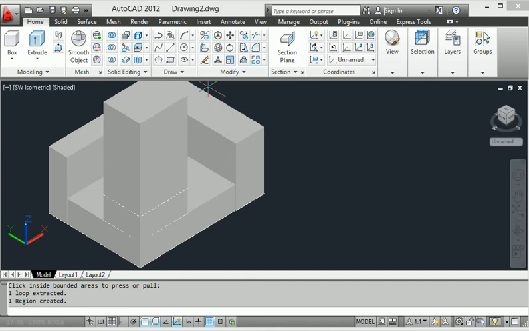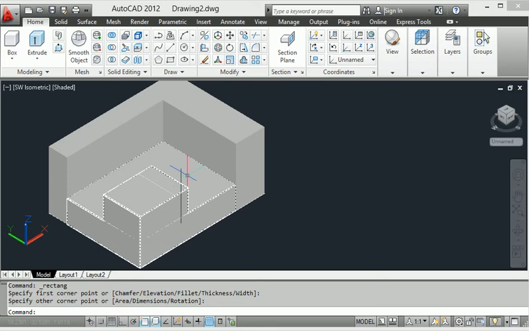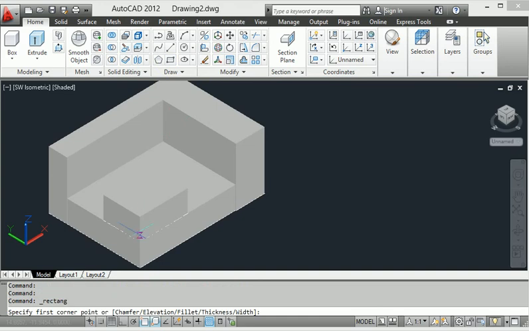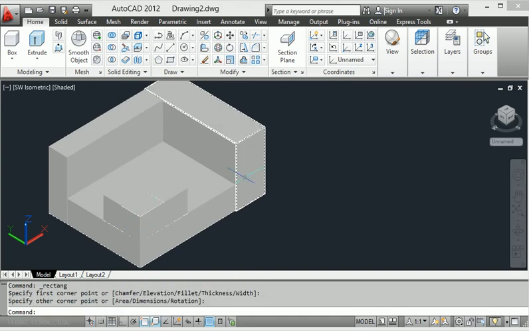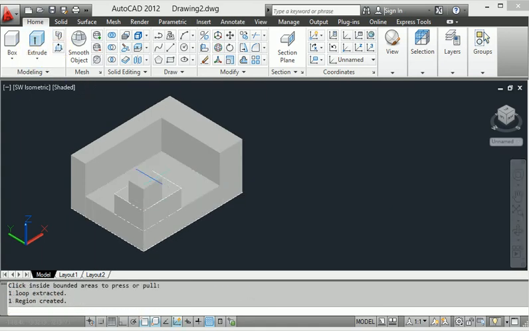Again I will make a rectangle here, starting from this one. Again I will show you a rectangle here. This one I create as a rectangle, then go to the press pull command again and show you some particular distance.